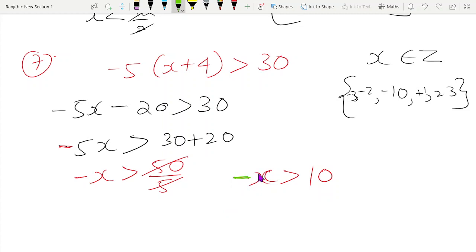Yes, sir. Okay, now look, -x. I just took 5 here. I didn't take the minus. I've just taken 5. So this minus sign, whenever there is this minus sign, look, what is minus with x? -5x, minus into minus plus, minus into plus is minus 50. X is greater than,